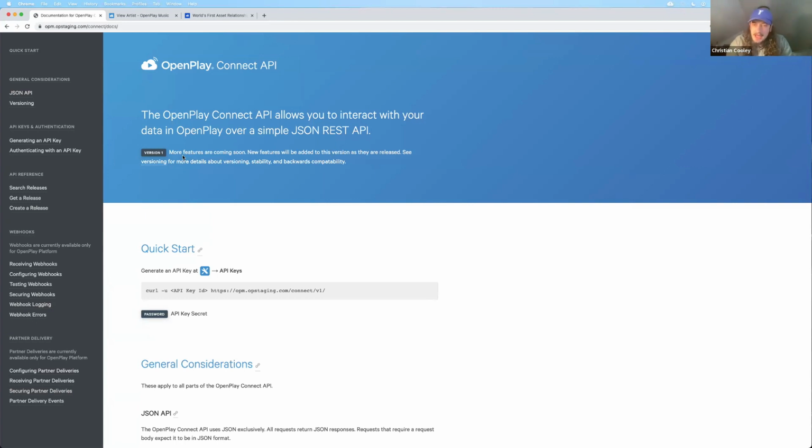Another thing we're looking at is adding the ability to pull not only the metadata for a release, track, and work, but also those assets. So cover art and audio in the future will be available via the API, as well as a handful of other things. The hope and the goal in the long run is to have every field in OpenPlay accessible via API